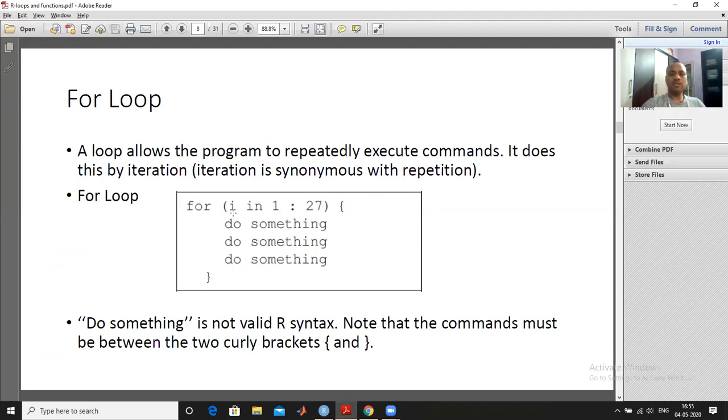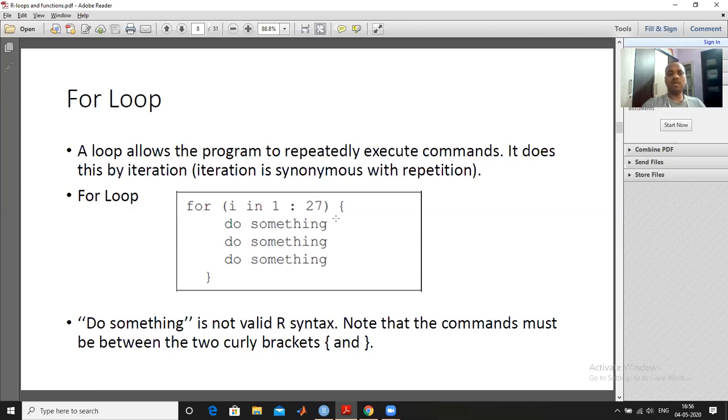Initially suppose i is equal to 1, then it is in this sequence. If it is 2, then it is in this sequence. So from i equal to 1 to 27, it belongs to this sequence, meaning the loop will execute from 1 to 27. So this loop will execute 27 times.